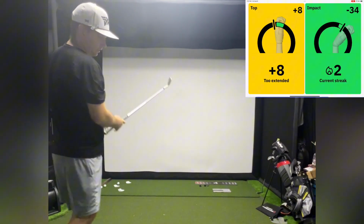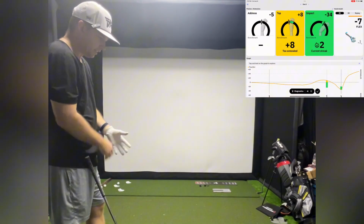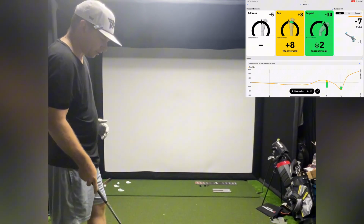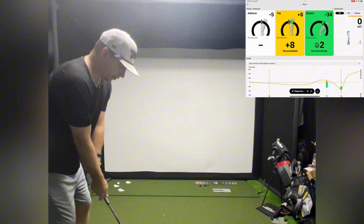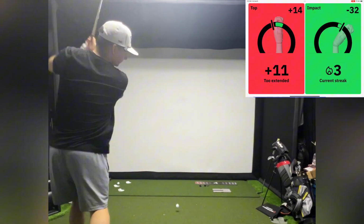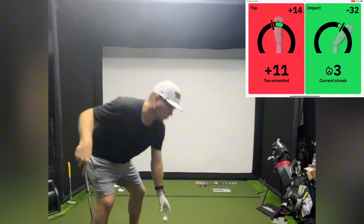Second shot. Tried to fix that a little bit, and I did. Now I'm too extended still, but at impact, still in a great position in the target zone. At address, I'm in a good position as well. So again, at the top, I'm a little too extended, but at